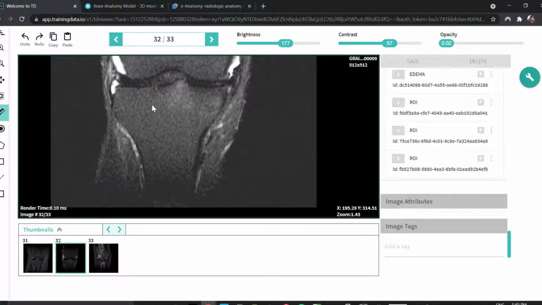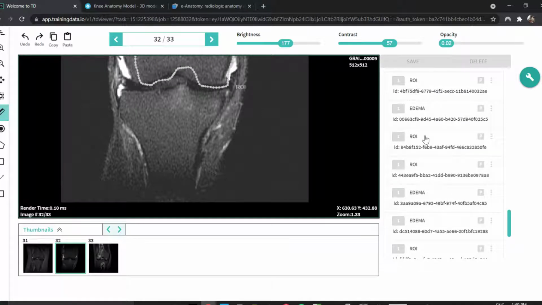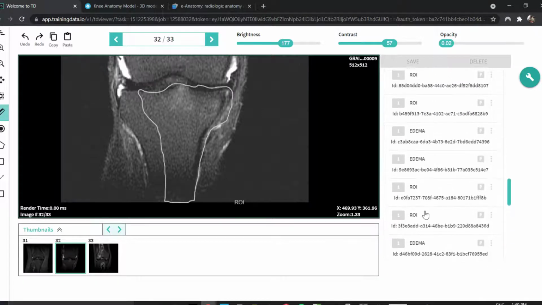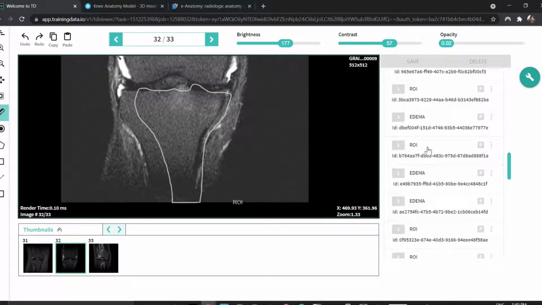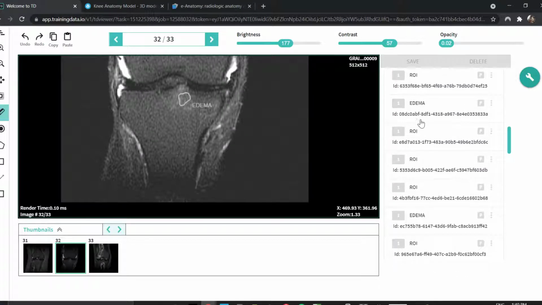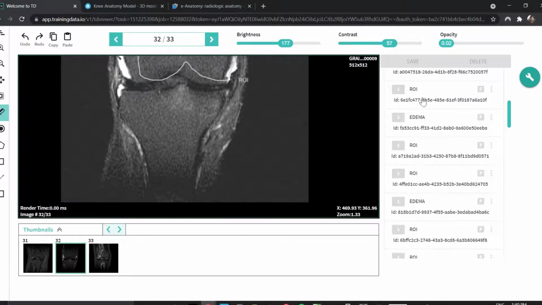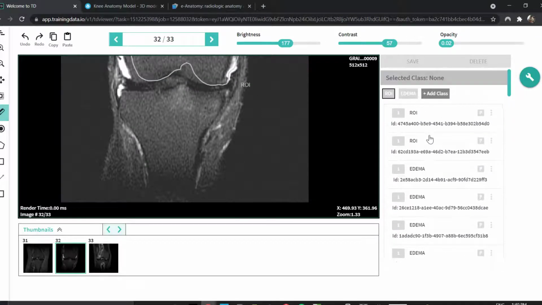For example, in this image there is nothing here, so you can always choose from a lot of ROIs that I've already done in the previous images. So here I can show you that, I'll try to get something which matches. So if there is a possibility that you can draw an ROI which is already existing, and you don't have to draw a new one, you can just choose any one of these.